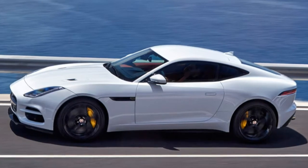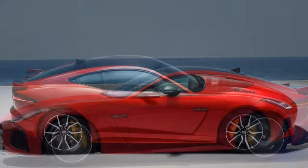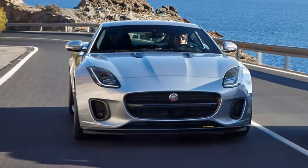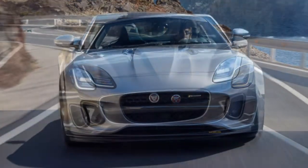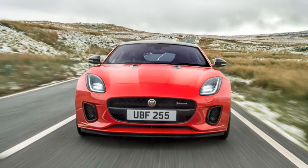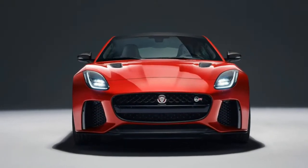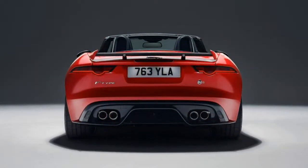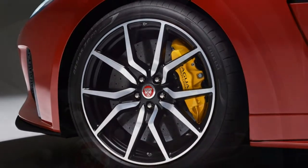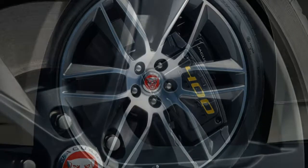The R trim is a significant leap upward, substituting a 5.0-litre supercharged V8 engine, 550 horsepower, 502 pound-feet, paired to the automatic and all-wheel drive. Additional features include 20-inch wheels, upgraded brakes, gloss black exterior trim, auto-dimming side mirrors, keyless entry, premium leather upholstery and sports seats. The top trim SVR uses a higher output V8, 575 horsepower, 516 pound-feet, and adds front parking sensors,